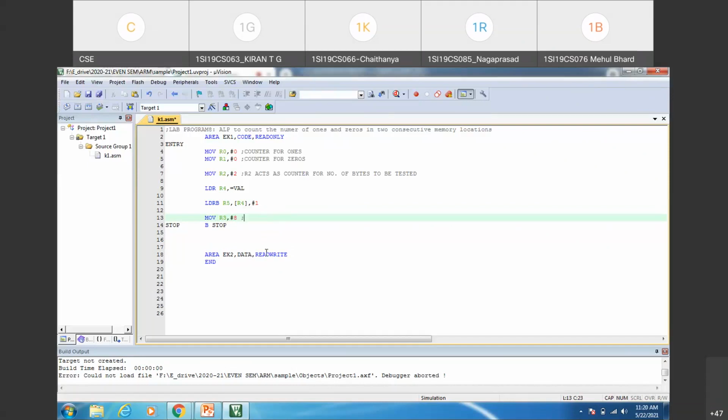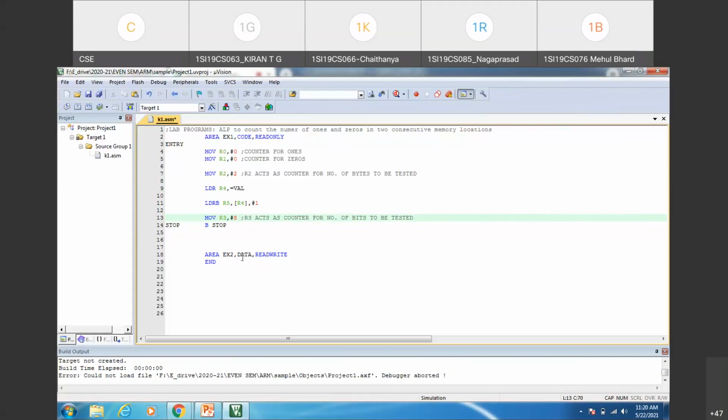This is acting as a counter for the number of bits to be tested. Only 8 bits in that register. Whatever the data I fetch, only the least significant 8 bits have to be tested. This can be the comment.